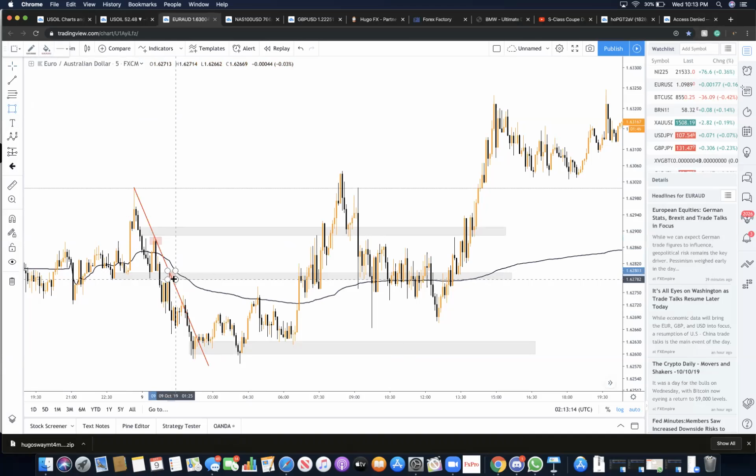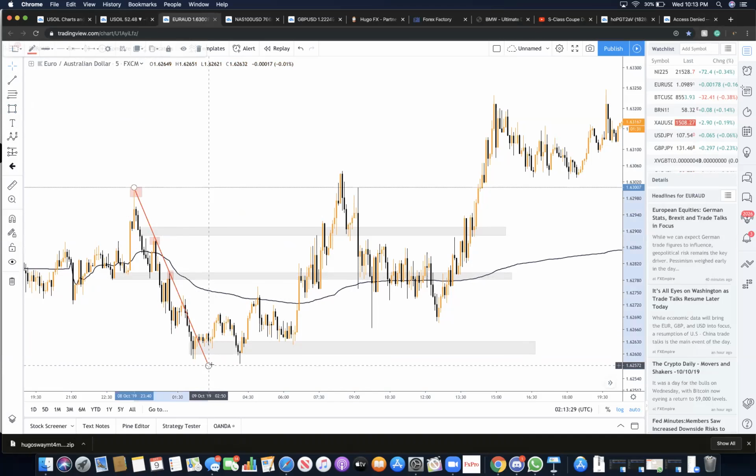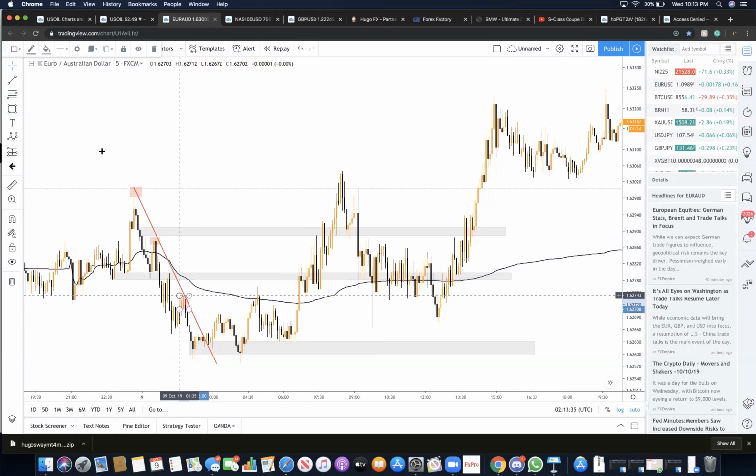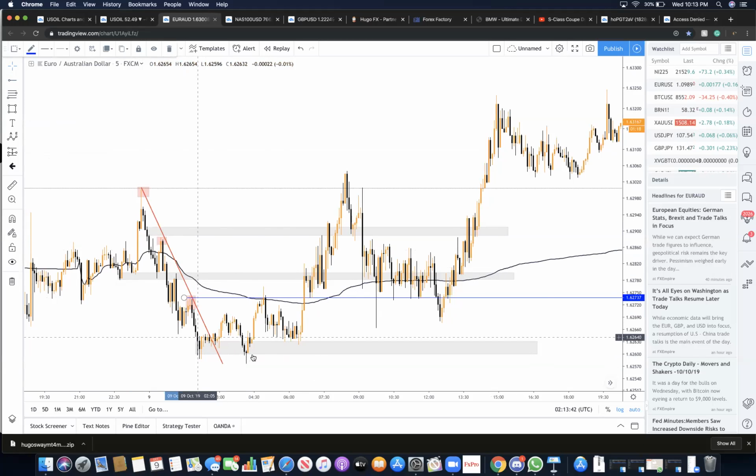Here's my third touch. Here we have a fake out right before the break above, right? So we see the fake out here. Prior to that, we have 1, 2, 3, right? Let's say if I would have focused on this price here being my third touch of the trend, if I identify the resistance of that last touch,